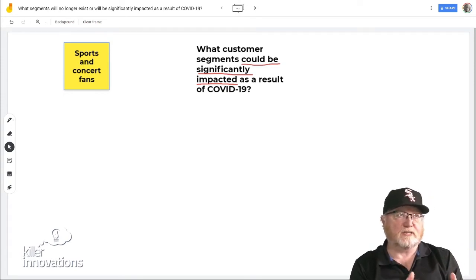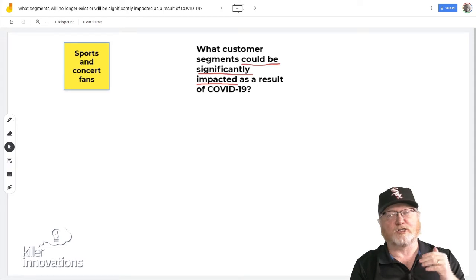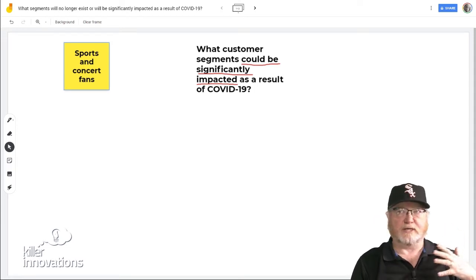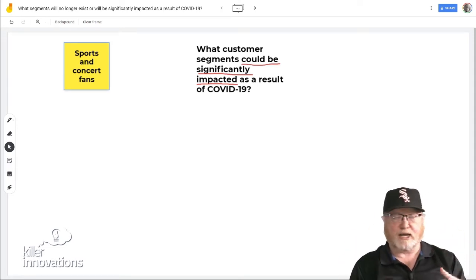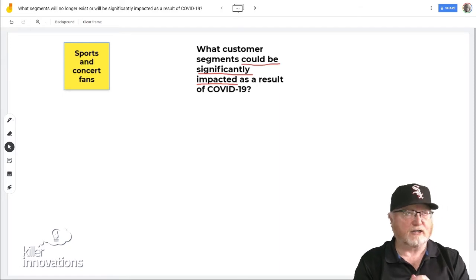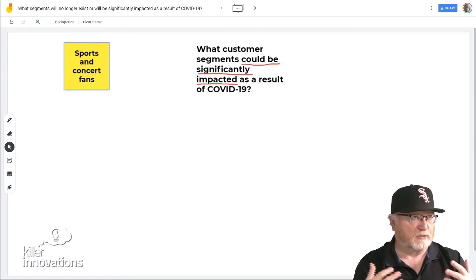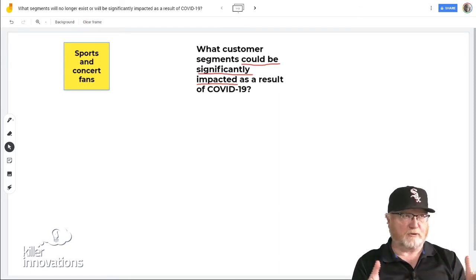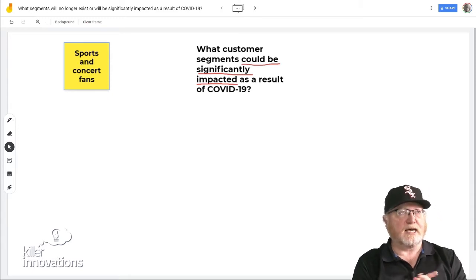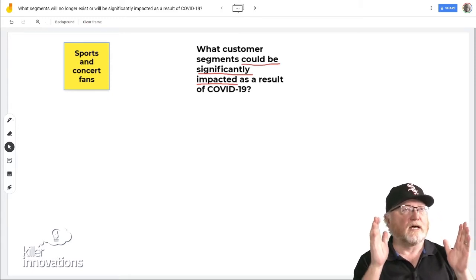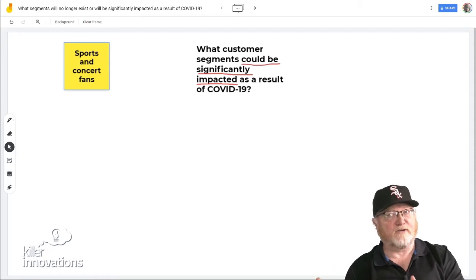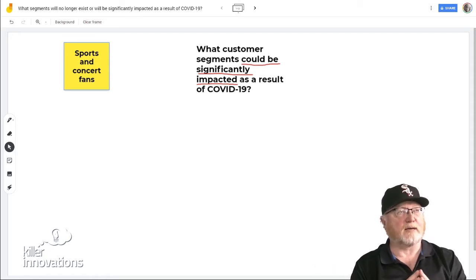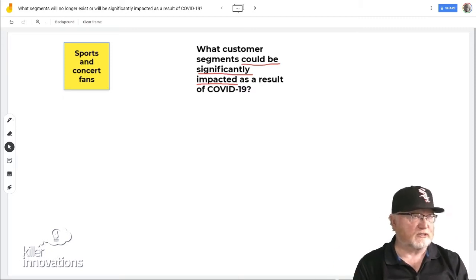They may shift to looking for online sports. We've seen some sports. I live in Colorado. I own a ranch. I watch PBR, professional bull riding, is my sport of choice these days. And PBR actually was doing a number of events before the big lockdown happened, where they were still doing bull riding, but it was at stadiums with no fans. A little bit different experience.